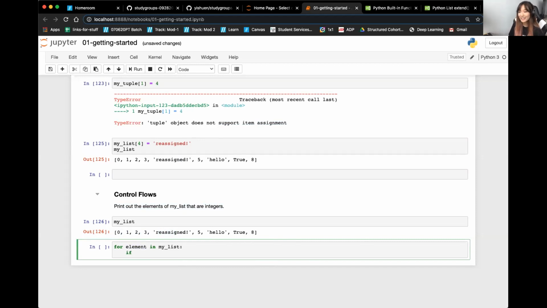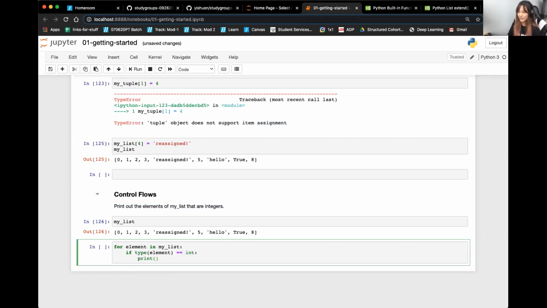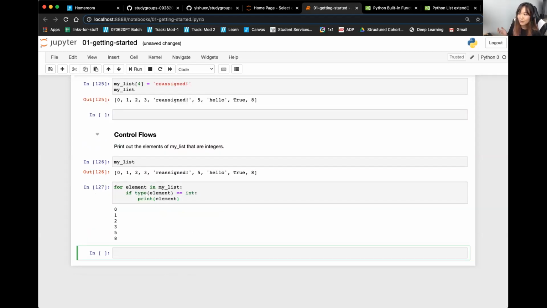And how we do that is we nest it in the for loop. We check if the type of element equals integer, then we print element. The then and whatever we do has to be nested within the if statement, so also indented. So there we're printing element, and only the